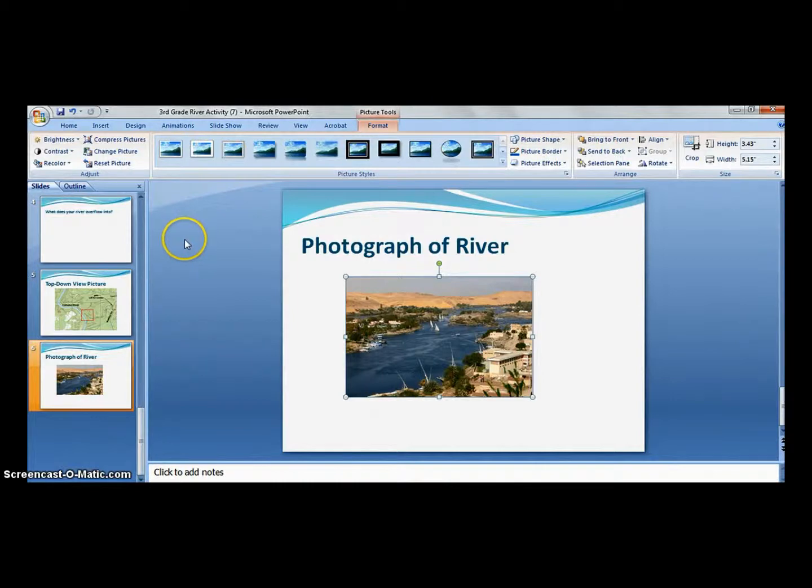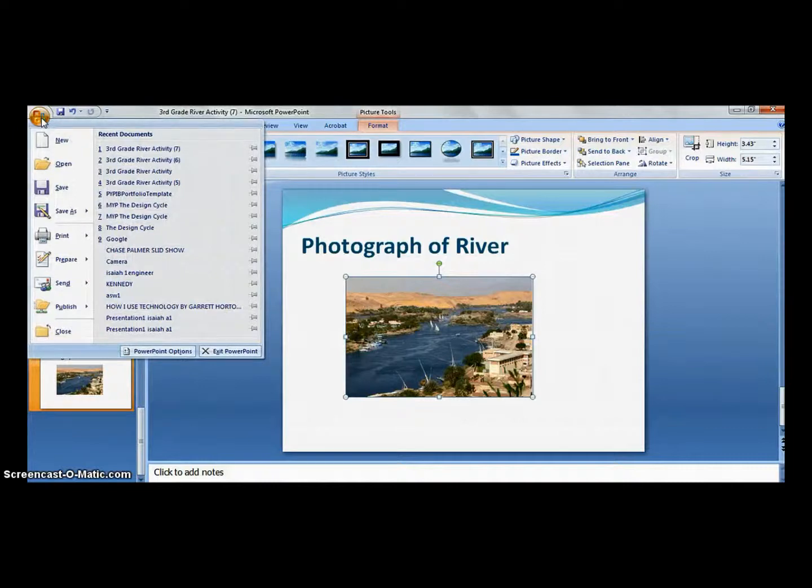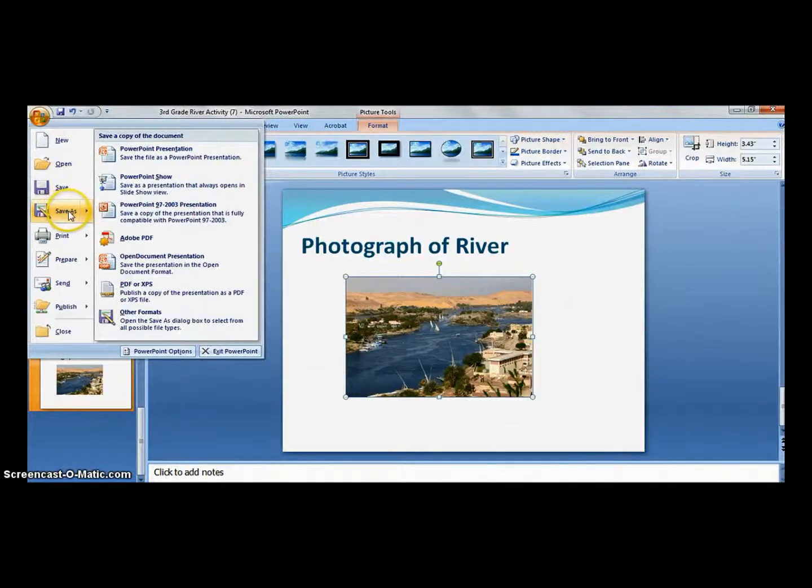Once you're finished with this assignment, you're going to make sure that you save it to your student folder in your teacher's file. In order to do that, you're going to click on the upper left hand corner where it says save. Now you may be using a different version of Microsoft PowerPoint, so it may not be exactly the same, but it's going to be pretty much the same as it is on the 2007 version. You're going to simply click on the upper left hand corner, or whatever it says to do. It may look like a disk. You want to click on where it says save as,